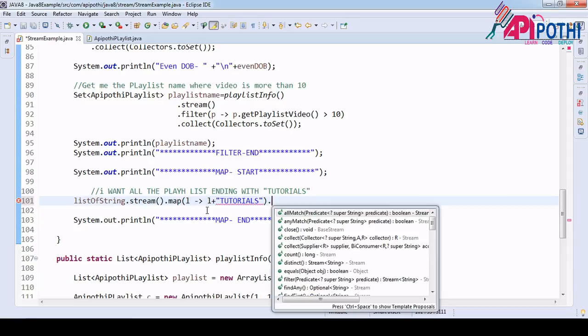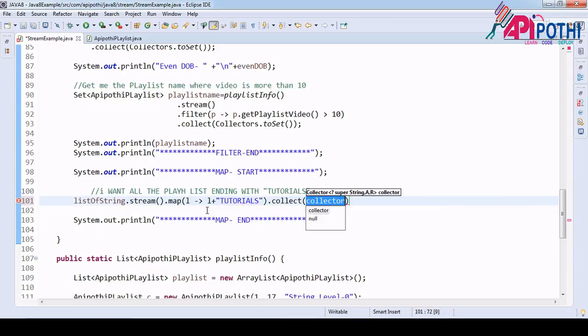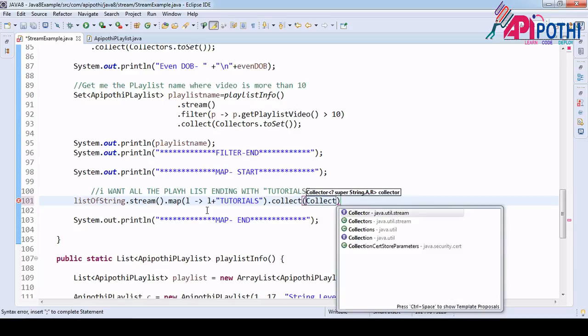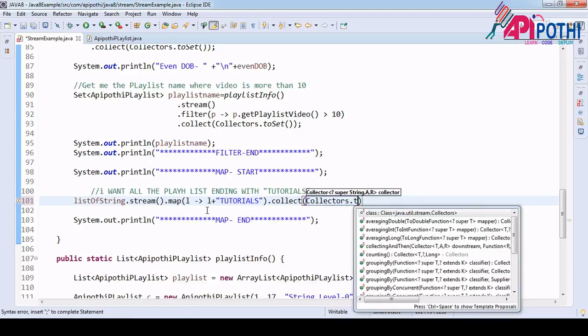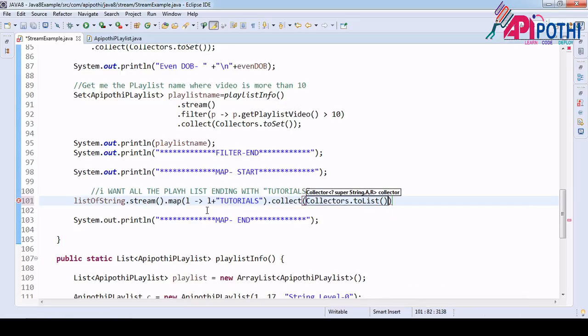Once done, I want to collect the data. Where do you want to collect? List, set, map, anywhere, right? Collectors, dot toList. Okay, fine, no problem. So a list of which type of data is it? String, playlist with tutorials.